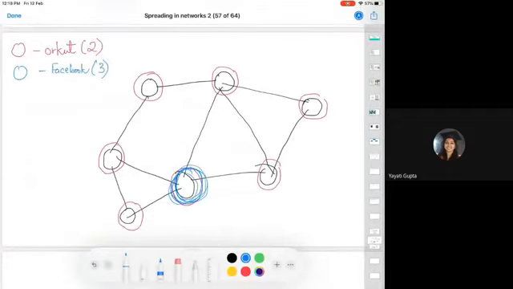So he decides that I'm going to use Facebook, right? And now what will happen in this network? People will start recalculating their payoffs. So how do you do that in that case? Let's look at this person here. He recomputes his payoff. He has 2 friends who are still using Orkut, so he gets a payoff of 4 from them, and he has 1 friend who is using Facebook. So he gets a payoff of 4 for Orkut from his 2 friends and a payoff of 3 from Facebook. So this makes no sense. So he doesn't shift.